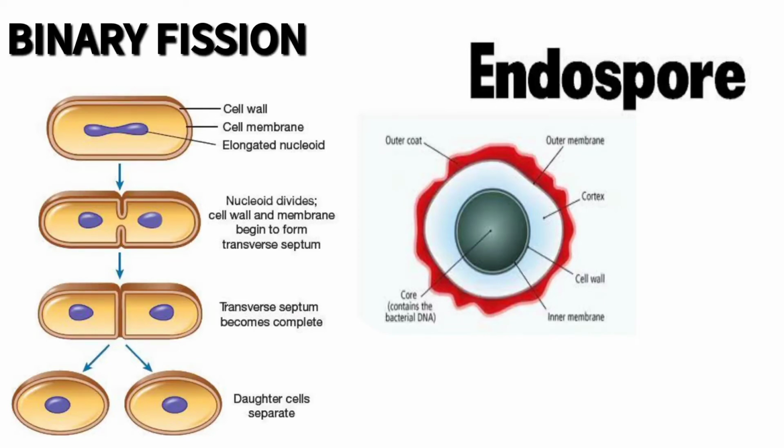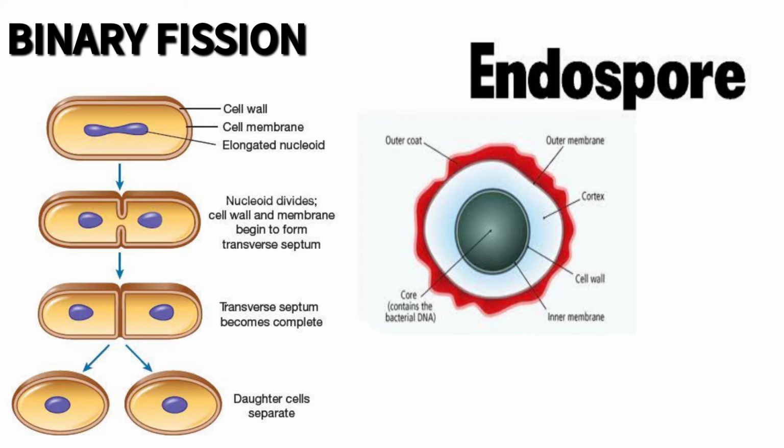And then we are going to learn about reproduction in bacteria. When you come to the reproduction part, two types of reproduction are possible. One is the asexual method, another one is the sexual method. When you see the asexual method, there are two types. One is binary fission, another one is endospore formation. Very easy. Okay, binary fission means what? Bi means two, fission means getting broken down or divided. So binary fission means getting divided into two equal daughter cells.